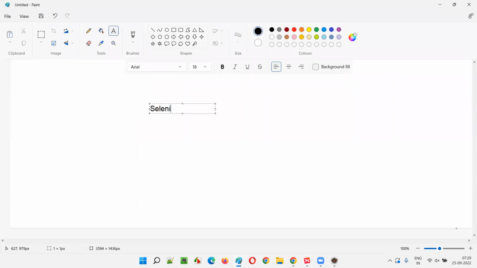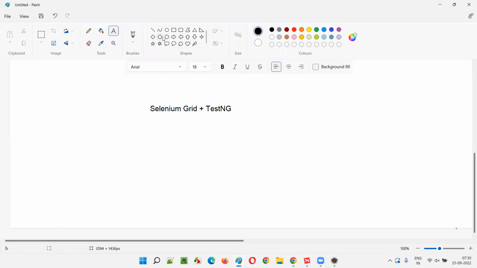For example, in Selenium automation, the combination of Selenium Grid plus TestNG is used for better performance and execution, and to save time. This will save the time, guys. Sometimes on a single machine you will not see any difference between parallel execution and sequential execution, but when you incorporate Selenium Grid, for example, let's assume that